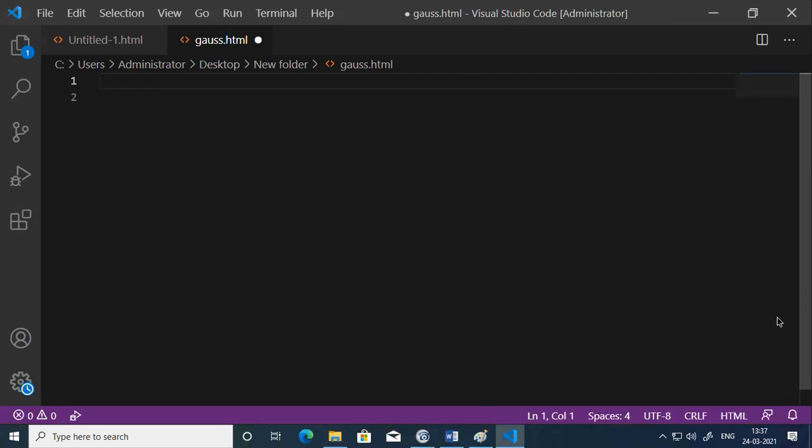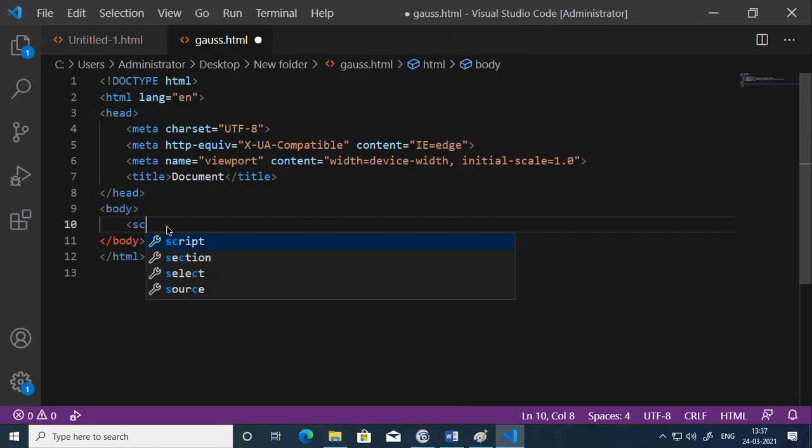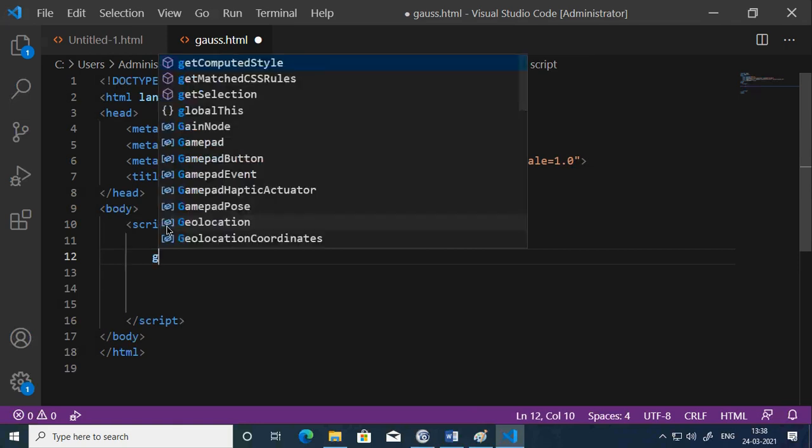So basically, I create a script first, and I label that functionality as